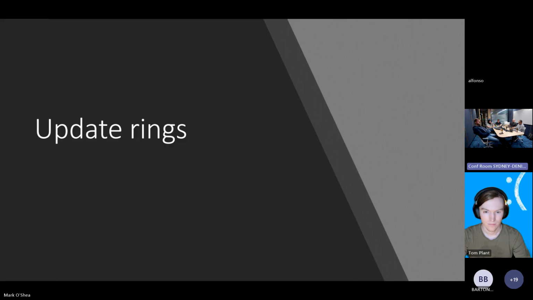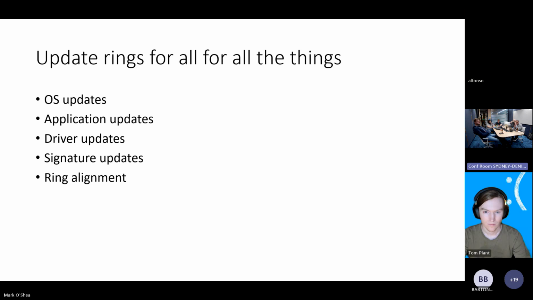Okay, so just quickly here on update rings, I guess this is kind of a response to some of the things we may have seen over the last month around making sure things are staggered where possible. And obviously, some of the things we've seen from this is that, while we assume that people are doing things like deployment rings for OS updates and that kind of thing,